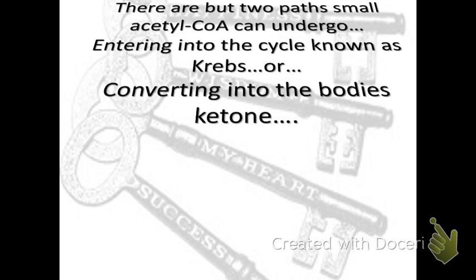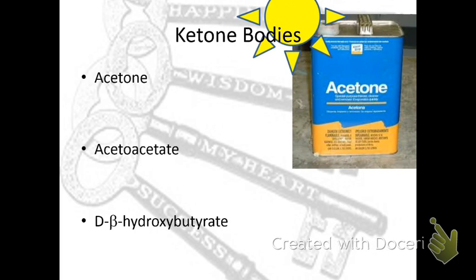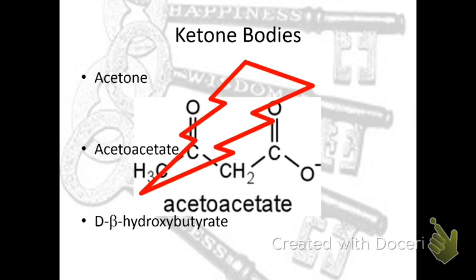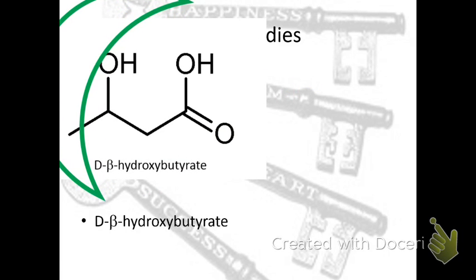So the bulk of this really has to do with the fate of acetyl-CoA, and under what conditions does it go from one pathway to a different pathway. So one possibility is through the formation of ketone bodies, and examples of ketone bodies that are biologically relevant are acetone, which is our good friend from organic chemistry, acetoacetate, which is a diketone, and D-beta hydroxybutyrate, or for those who are currently in organic chem 2, we would be calling this 3-hydroxybutanoic acid.